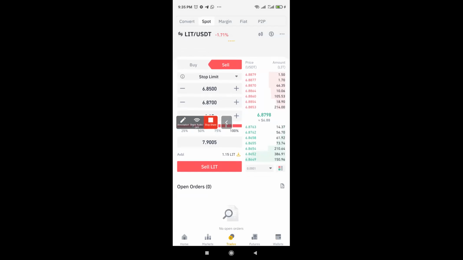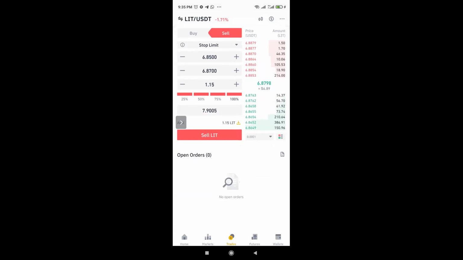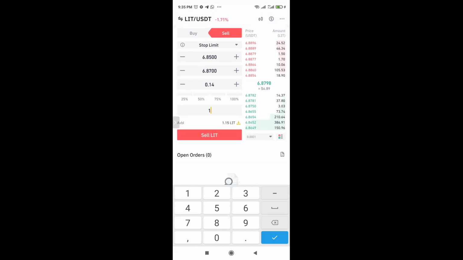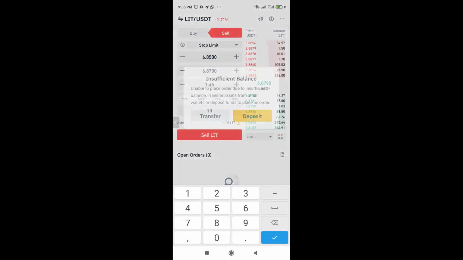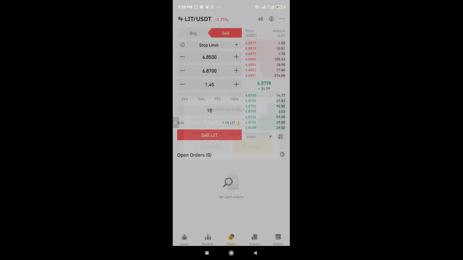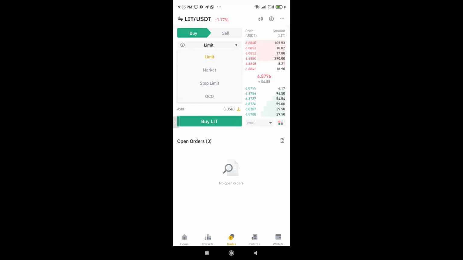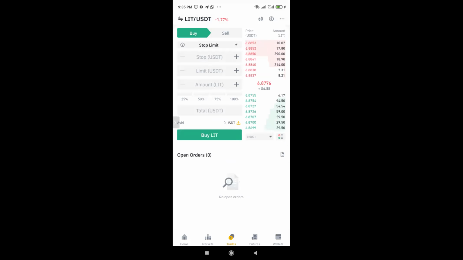Okay, yeah, I forgot to tell us. Whether you're buying or selling on Binance, the least you can do is $10. If it's not up to $10, you can't buy or sell. So I can't even sell this lead right now because it's less than $10. And you can't buy anything that is worth less than $10. So it won't allow me to sell. But that's how to sell basically. And it's the same thing with buying, whether you're using limits, markets, or stop limits. Does everybody understand?